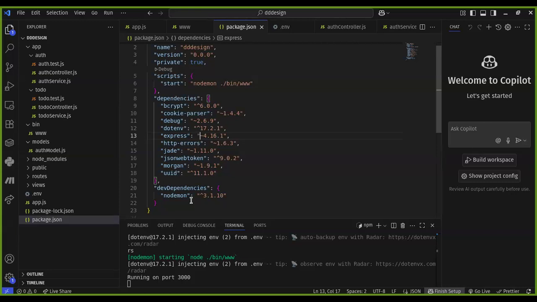But there's a way it's been separated, so that the development dependency doesn't run. I can't really remember, but what it does to your package.json is that